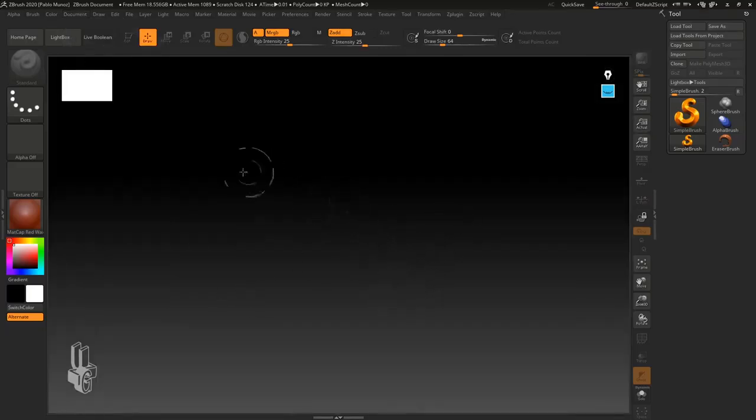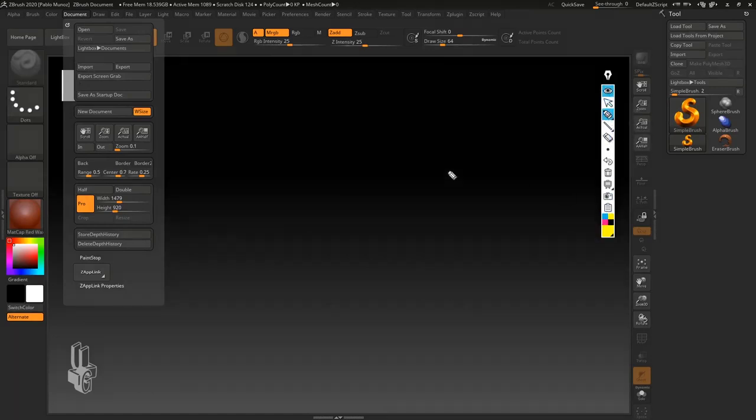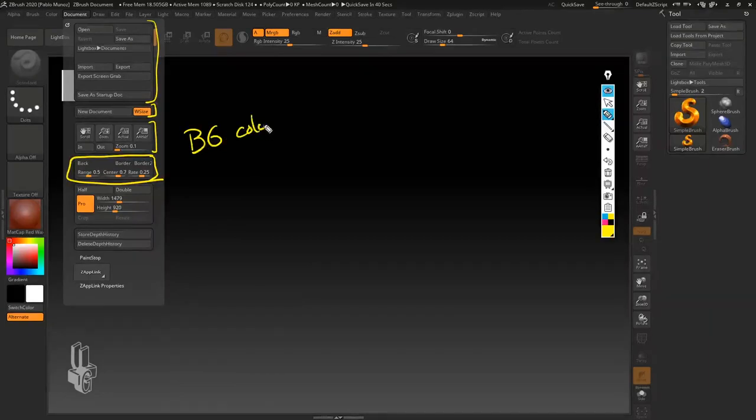Now let's go ahead and change the gradient. Like I said, it's something that I don't particularly like. So we can go to Document, and here in this 4th section, this one here. When I say sections, I refer to these little bits. So the 4th one, right? In this 4th one, we have the background color, BG as in background color, and that's this swatch in here. And we also have this range,